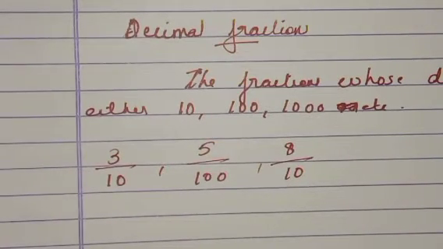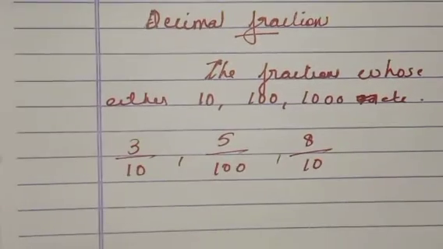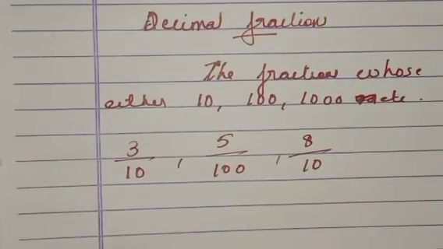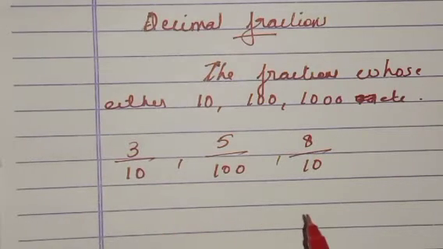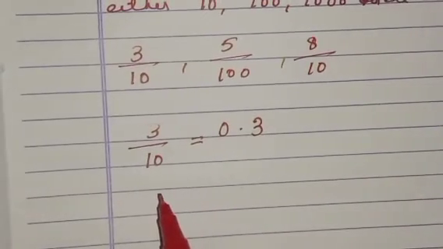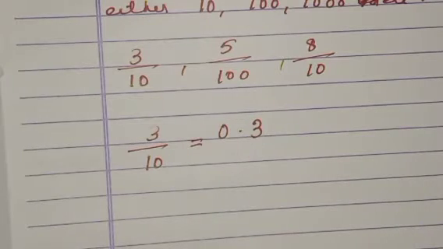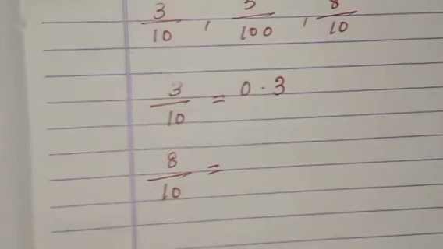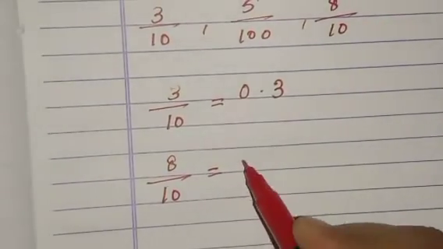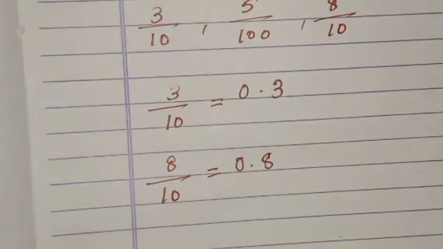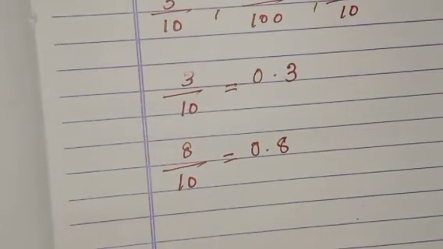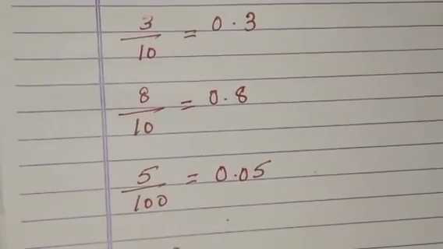These are decimal fractions. The decimal fractions can be represented in another form. That is, 3 by 10 we can write as 0.3. And 8 by 10 we can write as 0.8. Next, 5 by 100 we can write as